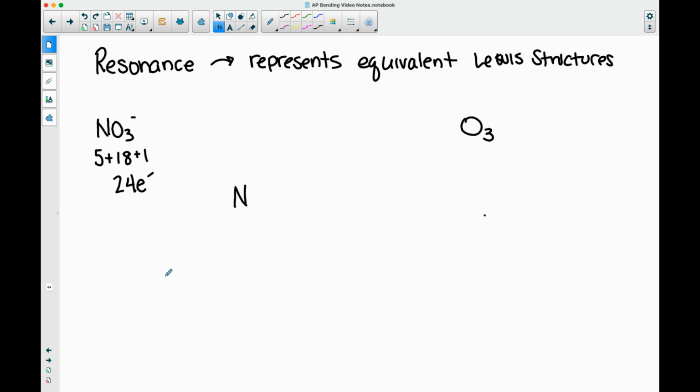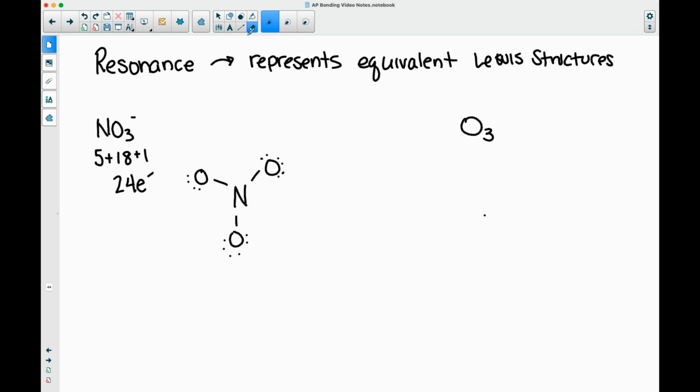N is my central atom. I start with single bonds between the N and the O's. That's 6, 8, 10, 12, 14, 16, 18, 20, 22, 24 gets me here, but my nitrogen is not experiencing an octet